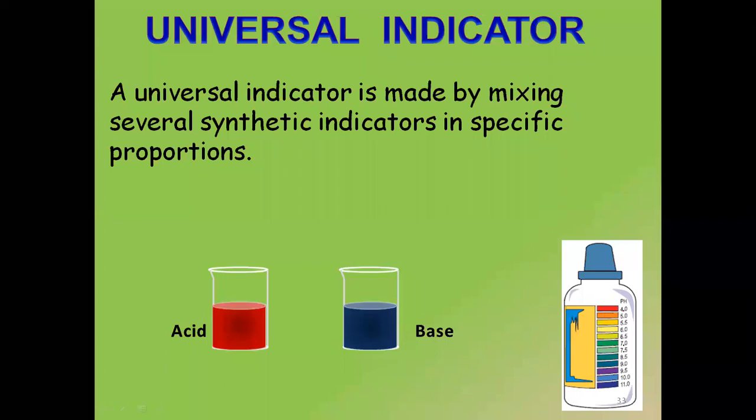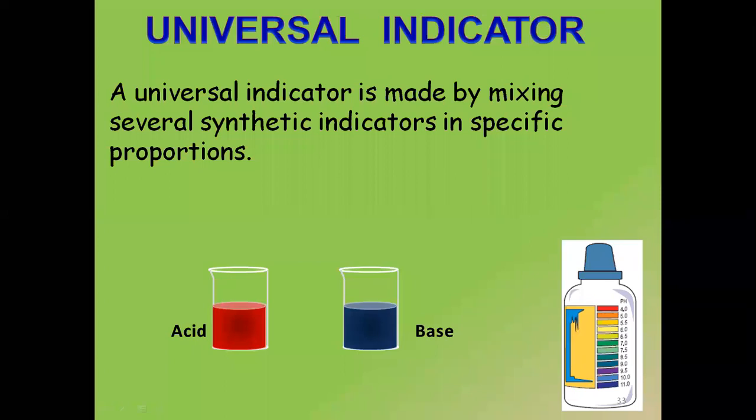With the help of pH, it is helping us to understand not only about the acids and bases, but also about their strength. When we spoke about indicators like natural indicators and synthetic indicators, they were only telling you whether it is acid or whether it is base. But this universal indicator, with the help of pH, which is an important thing here, is helping us to understand what the strength is. All right. And I would request everyone to repeat the definition of universal indicator along with me.